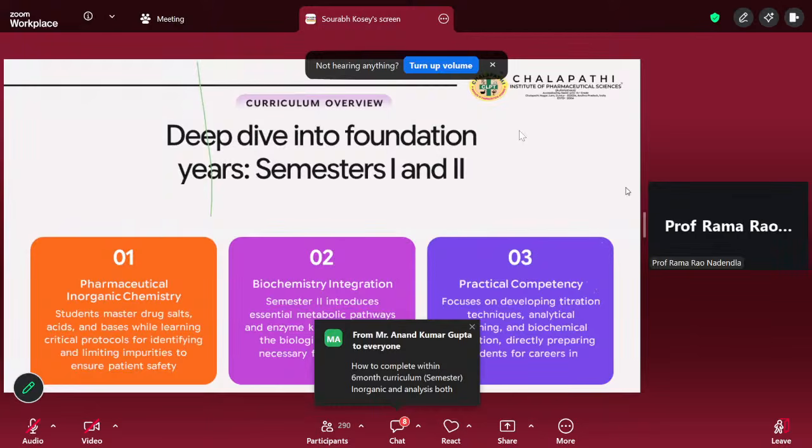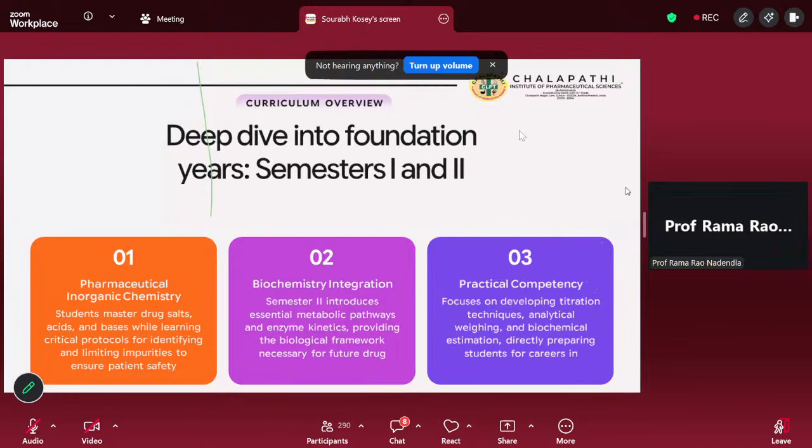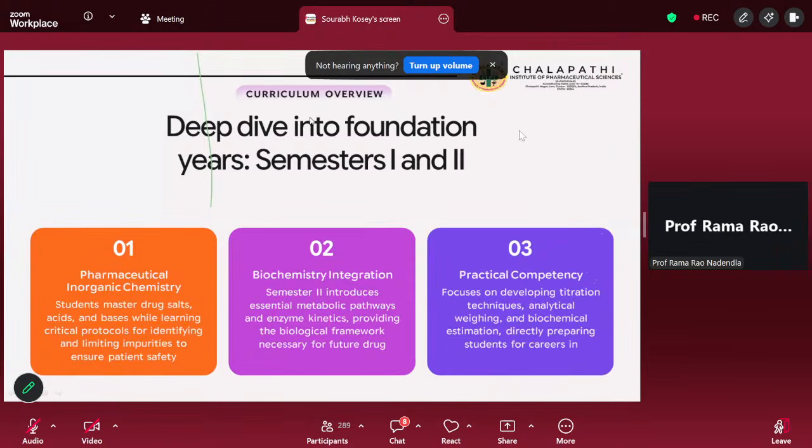However, out of the 3 types of experiments, the student or the faculty has to complete 12. That is, the minimum is 12. Maximum, they could go to any extent. Qualitative analysis of the organic compounds is also specified. Only water insoluble or water immiscible compounds. Because of that, the student or the faculty will not have any difficulty in qualitative analysis of the organic